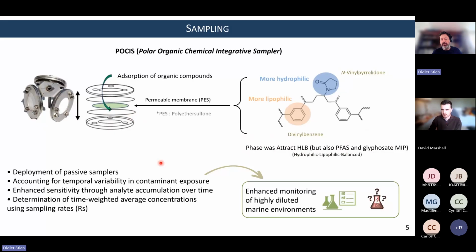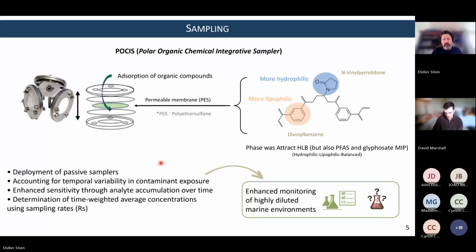I mean, the contamination may not be the same over time, and you put passive sampler in seawater for like 2 weeks, and anything that was present at some point in these 2 weeks is going to be captured by the passive sampler. What you get in the end is not a maximum concentration at some point. This is what you have with grab sampling, but if you take grab samples and the peak of pollution is not there, then you don't have anything. But what you have is the time-weighted average concentration.